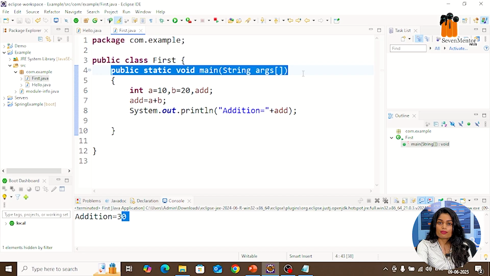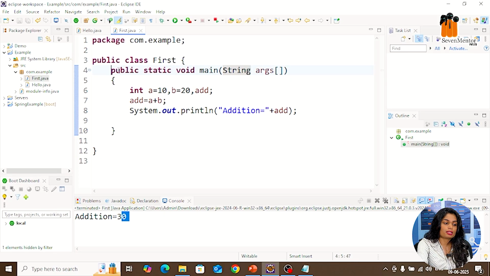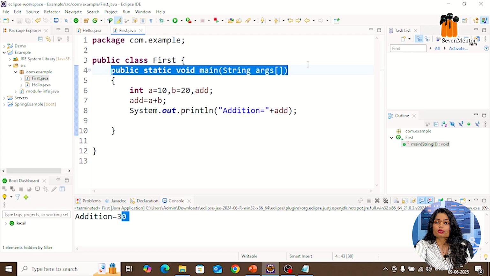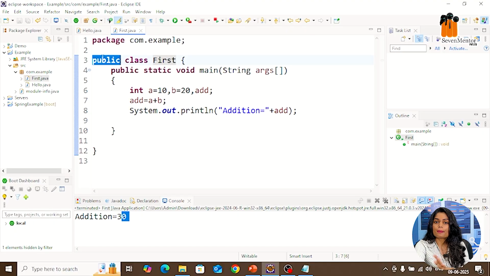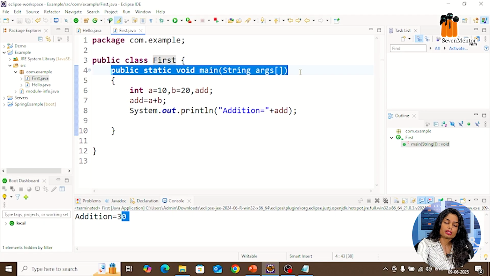Always remember in Java, when you are creating any class, you have to declare this main method inside your main class. So this is our main class and this is our main method. Now, how can you tell that a particular class is a main class? While creating classes, if there is a public access specifier with the class, then that class is your main class, because subclasses don't have the public access specifier. This is your main class, that's why it contains the public access specifier, and this is the main method.